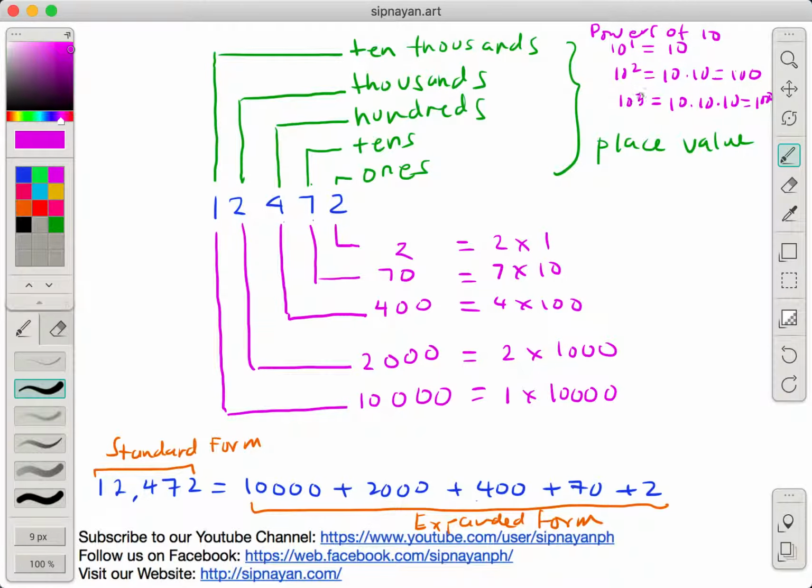Kasi meron siyang exponent or power. Babalikan natin later ito, yung paggamit ng exponent. For now, ini-introduce ko lang kayo kasi kailangan siya dito. So kung mapapansin nyo, this is 10 to the first power. This is 10 to the second power. This is,